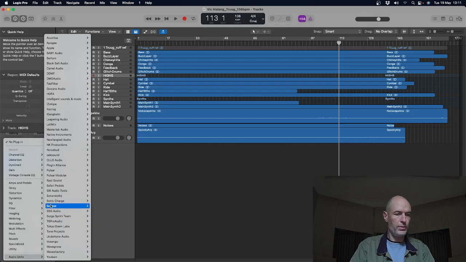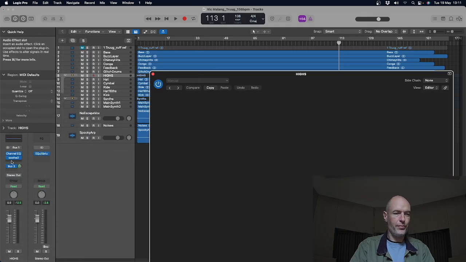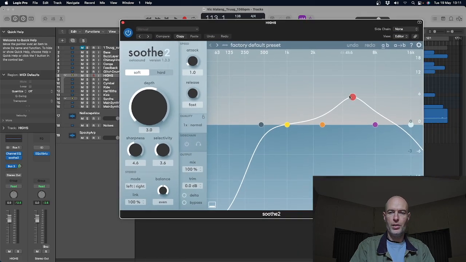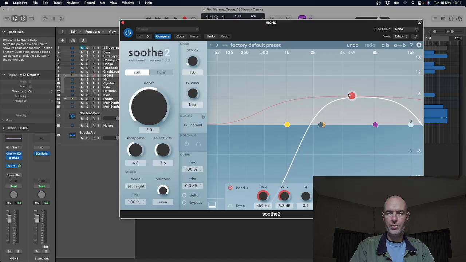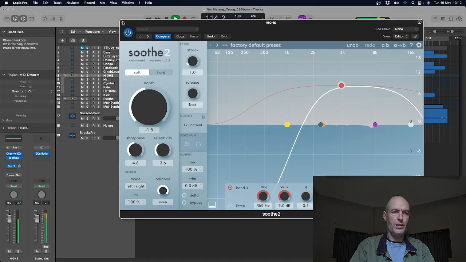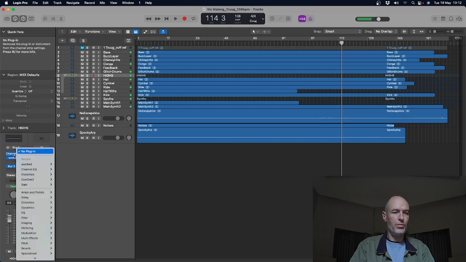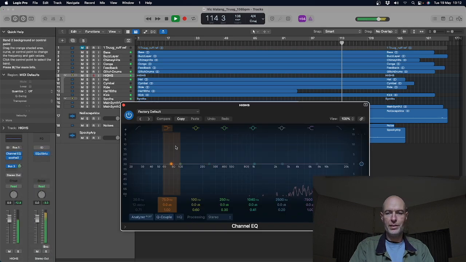So I'm just going to use Soothe if I need to, to pick out any resonances that I don't want. So I'd probably check that with the EQ, just have a look, as well as a